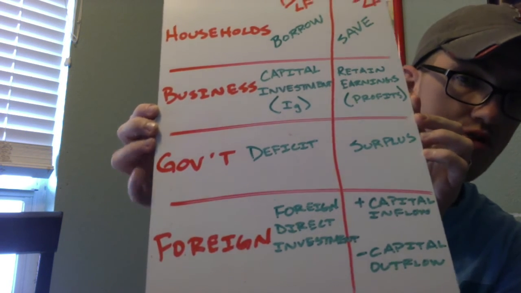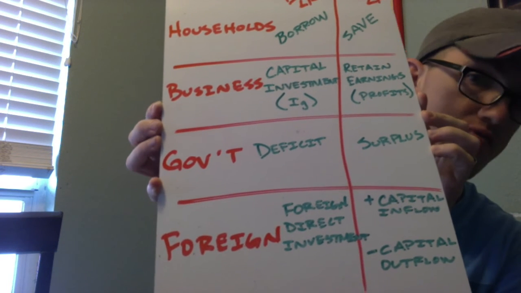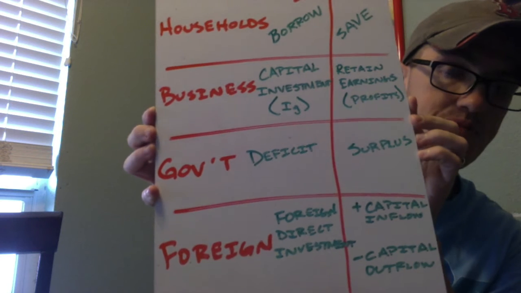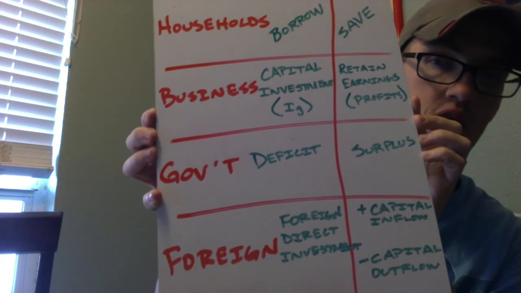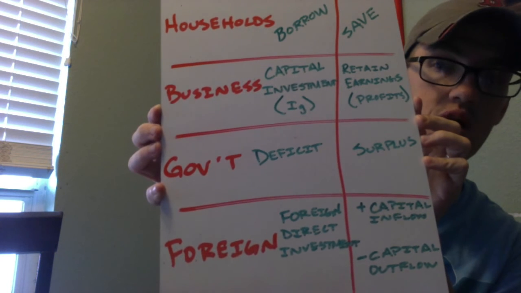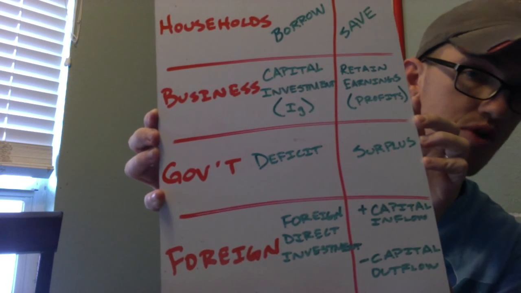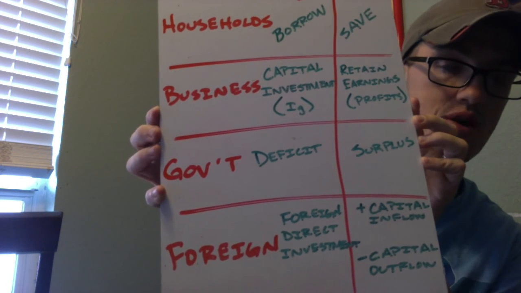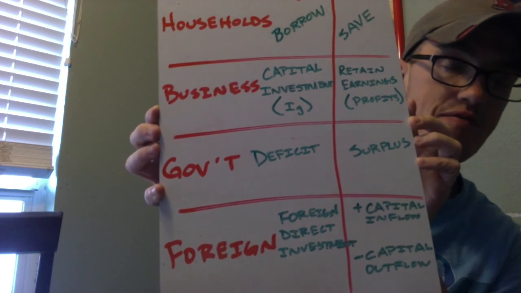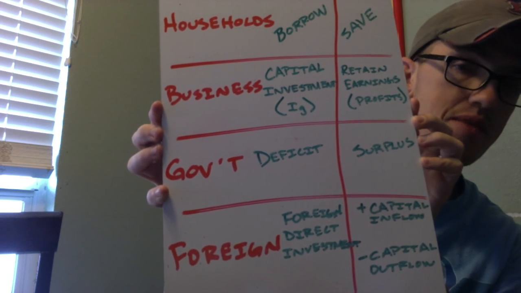The foreign sector, it's called foreign direct investment. They just borrow money, like a household, except they're from the foreign sector. When the foreign sector saves money, if they're adding to our supply, it is called capital inflow. If they are taking money out of our banks, it is called capital outflow. That's important for the balance of payments